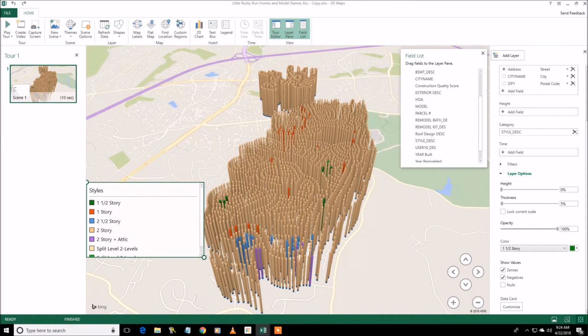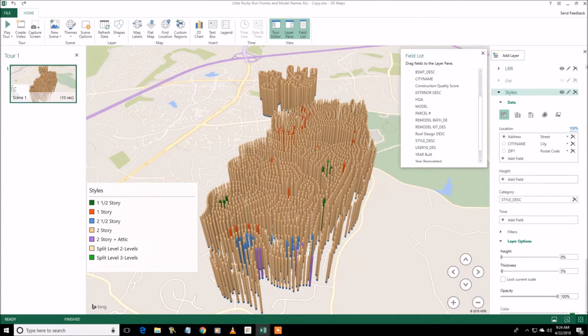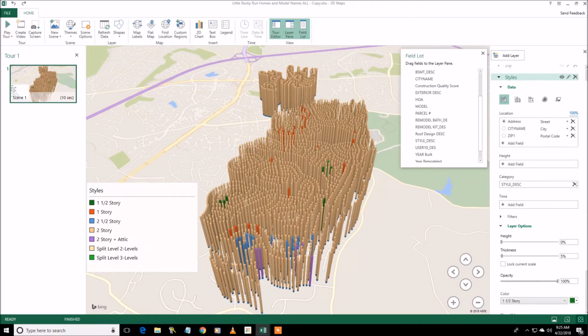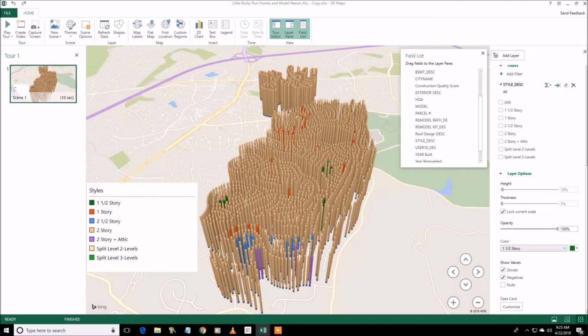So notice we get a legend. It gives us already a nice little way to appreciate our data visually, and we can see the 2-story is the dominant style, and maybe that's interesting to visualize. Maybe at other times you'd want to control for the dominant style and just see the outliers, see the anomalies, right? So in any given level, in addition to specifying the data, you can specify filters on that data. So if I add a new filter, again on the same field that's of interest to us, the style field,